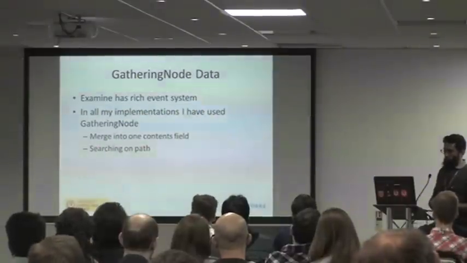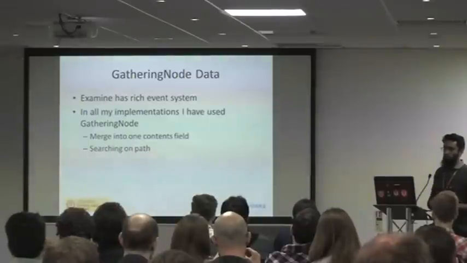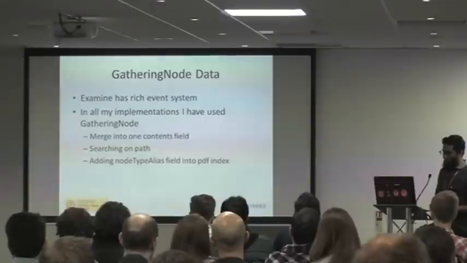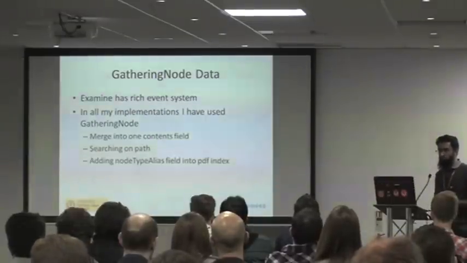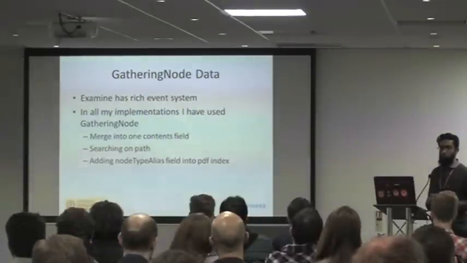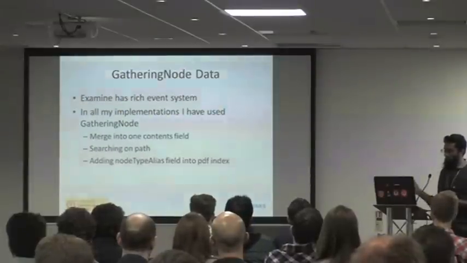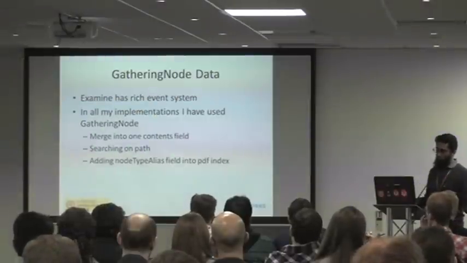So what I can do is, using the gathering node data event, get the path into the particular format I want, and I can actually do that, and I'll cover that further on. The other thing you can use it for is sticking data fields into the index which are not typically there. So if any of you have used the PDF Examine